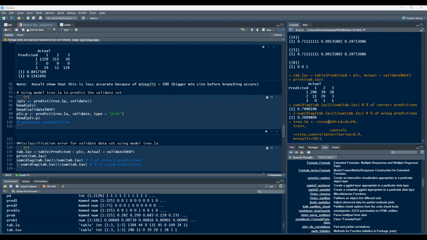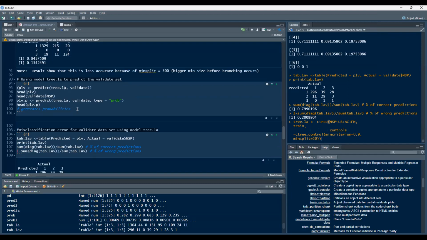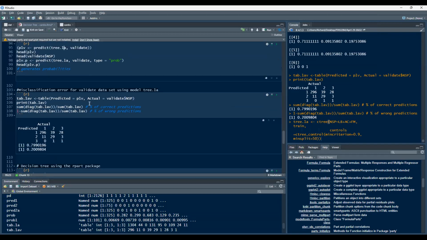Yes, sir. Tapos, yung isa naman, yung validate natin, $NSP, yung mga 1, 1. Talagang yun. Otherwise, zero yung mga prediction natin. Oo nga, sir. Let's go na. Sige. Okay, si Richard naman, predicted is equal to